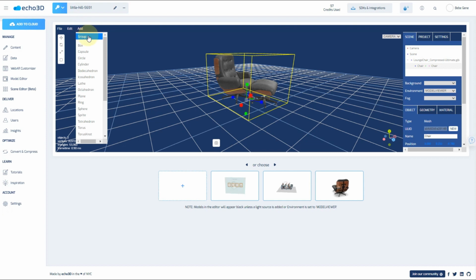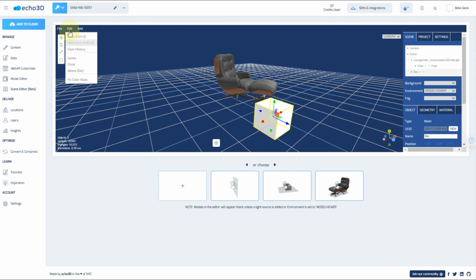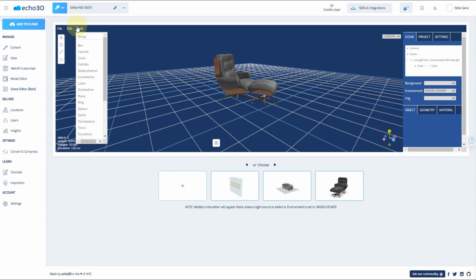And then here, a really nice feature is if you wanted to do a group, so you could create smaller objects within a larger object, and we have tons of primitive shapes that you can pick from as well. We also have different lighting that you can add and different types of perspective cameras. So let's add a box, for example, just like in Unity, where you can add a basic object.